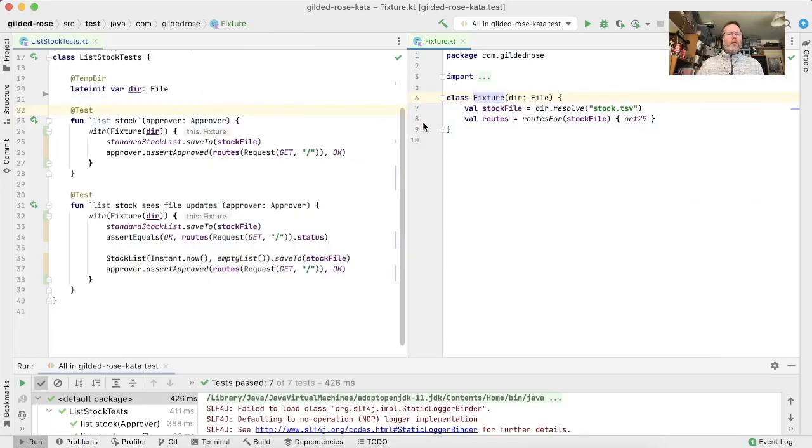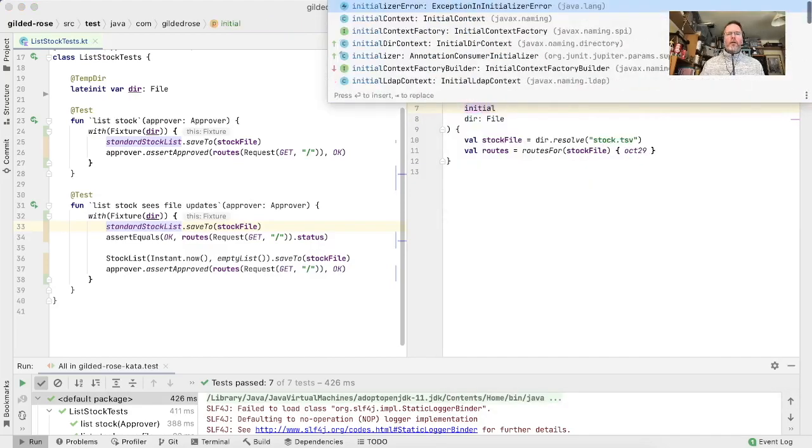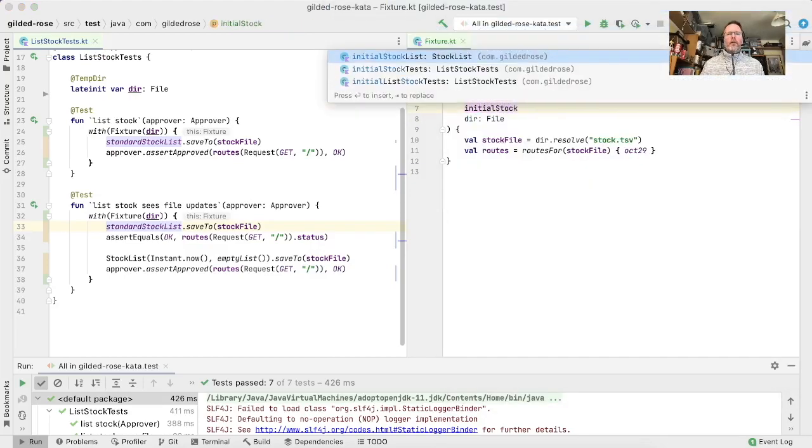Now we've got this code in one place, we can add conveniences to it. So for example, the standard stock list save to file, that happens in both these places. Well, it sounds like then what our fixture actually wants is the ability to be created with the contents of that standard stock list. So we could say initial stock list,